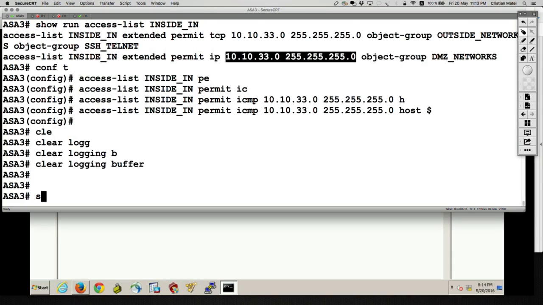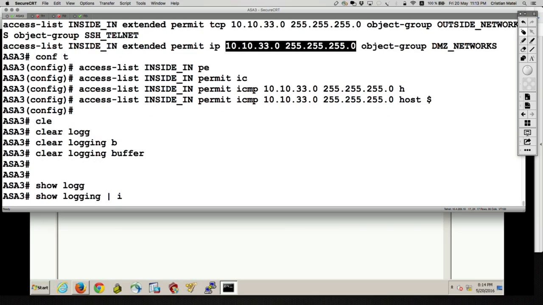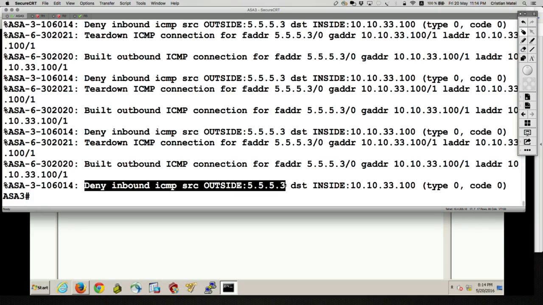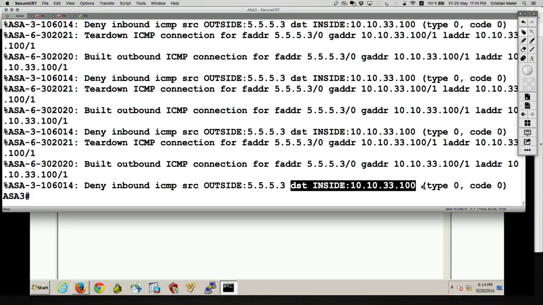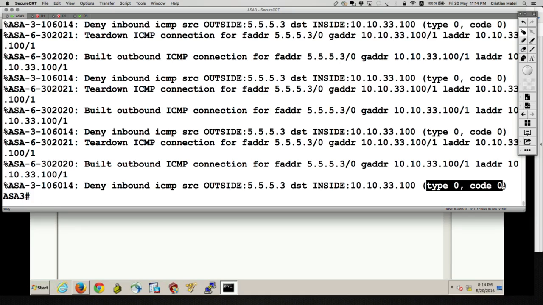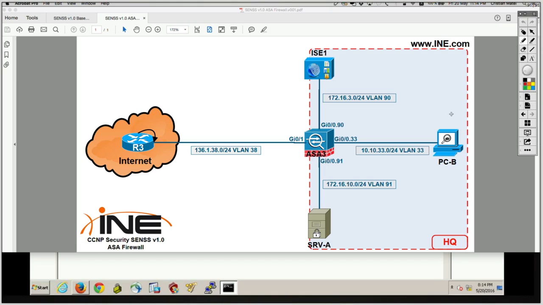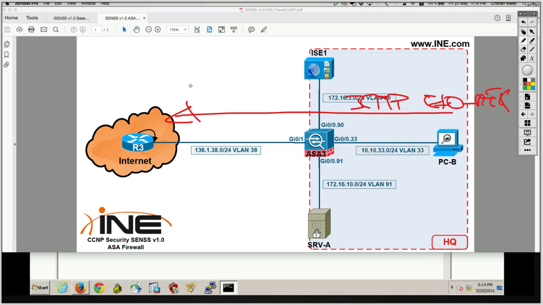If we say show logging, again include 5553, we're going to see what the problem is now. It says deny ICMP traffic from the outside, from the loopback of router 3, destined to the inside, type 0 code 0. As I stated, traceroute from Windows systems is nothing else but an ICMP echo request with low TTL values, and router 3 has to send back an ICMP echo reply. But the echo reply is being dropped